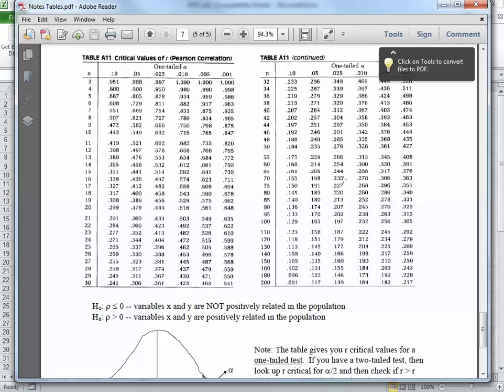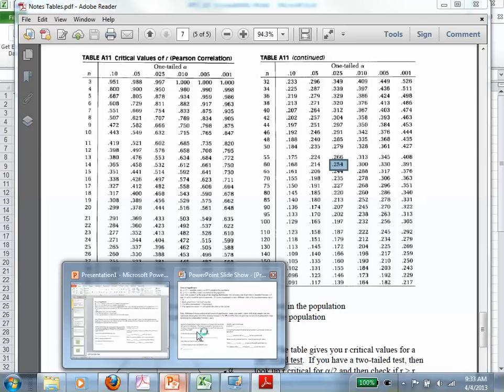This third column represents the 95% confidence interval, or the alpha of 0.05, but it's split between two tails, and so 0.05 divided by 2 is 0.025. We come down here, so for a correlation coefficient to be significant, it needs to be at least 0.254. Remember, we're going to be comparing the absolute value again. So now we can go back to our hypothesis testing,